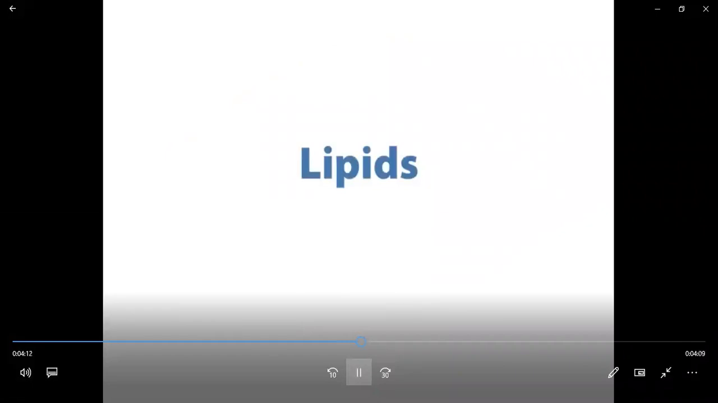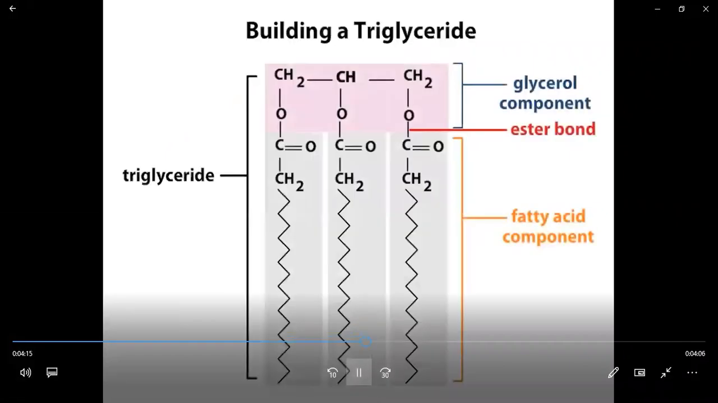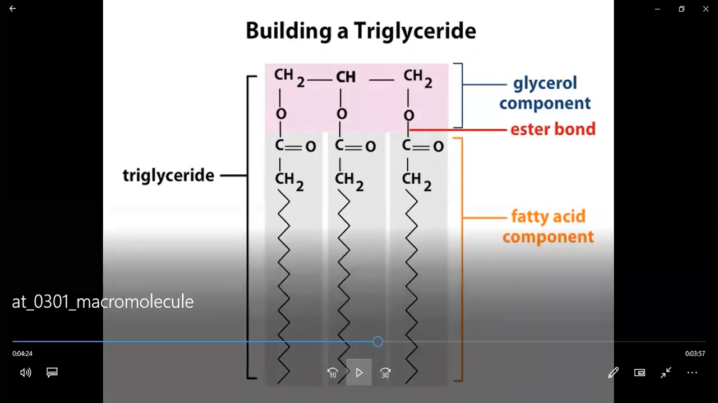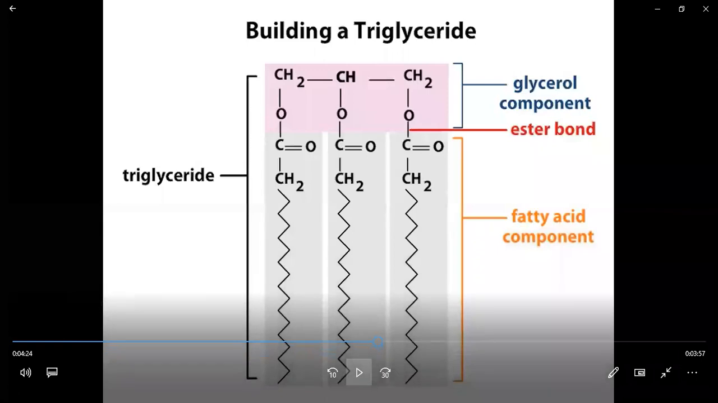Now lipids. A triglyceride, also called a triacylglycerol, is composed of 3 fatty acid molecules and 1 glycerol molecule. You can see very well here that at the top, marked with the blue color, is the glycerol component, that means propane triol, and then there is a